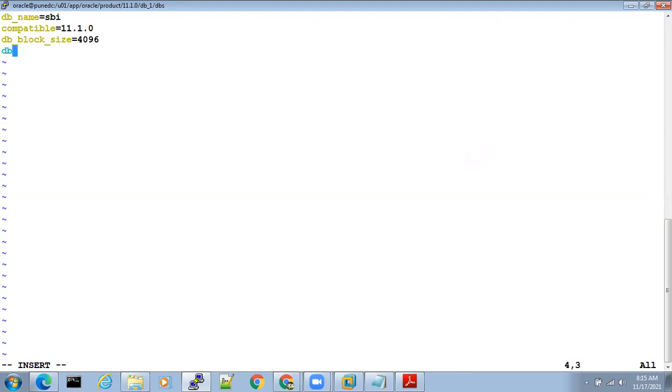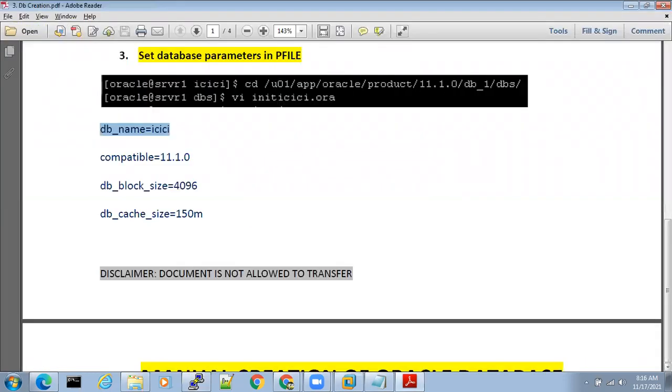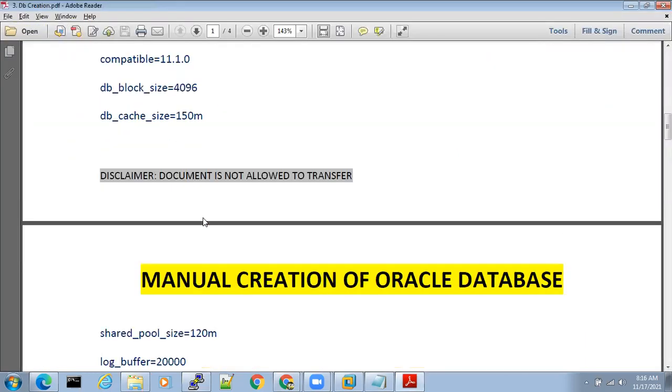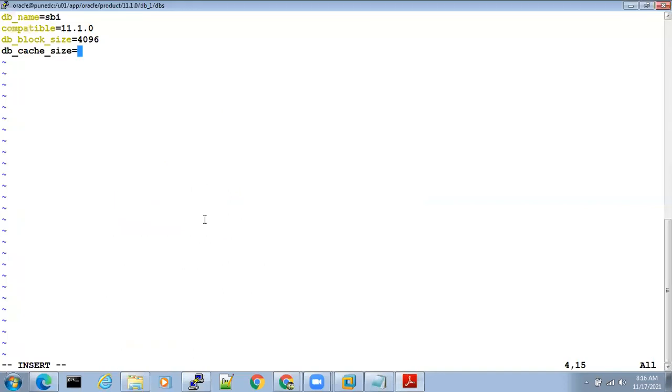Next, DB_cache_size is equal to 150M. shared_pool_size is equal to 120M, and log_buffer is equal to 20,000.